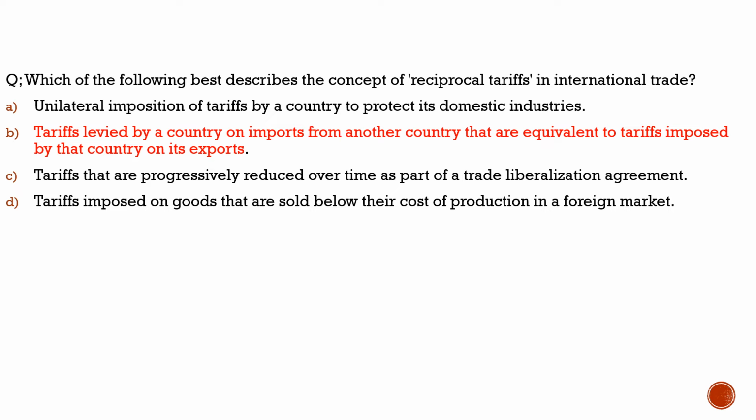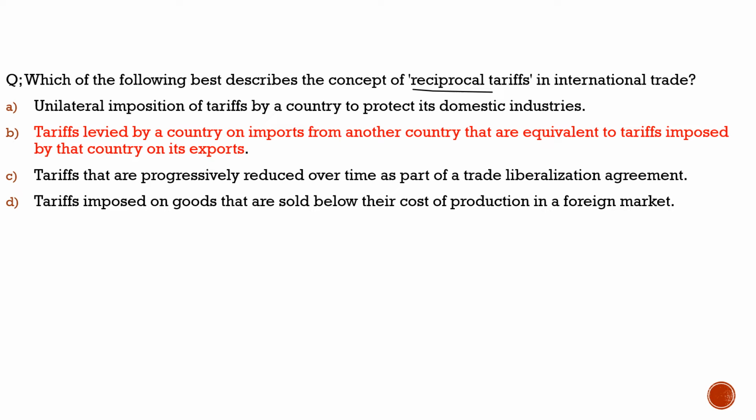Well, as we can see here on the screen, the question is about the reciprocal tariffs. So why are we discussing this? Because unfortunately, however much we tried our best to avoid it, we tried through diplomats, we even tried when Narendra Modi went to the US. He tried his best to avoid these reciprocal tariffs, but the USA, Donald Trump, had decided in the Congress speech that they are going for the reciprocal tax towards India.